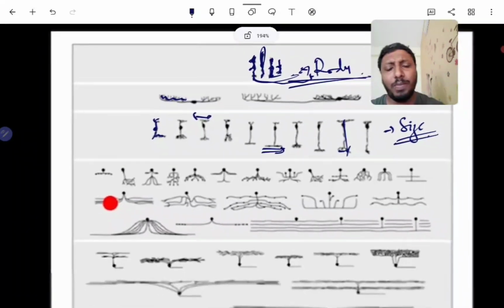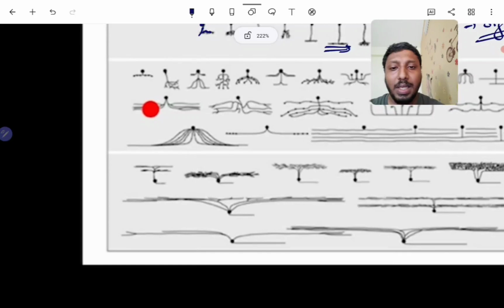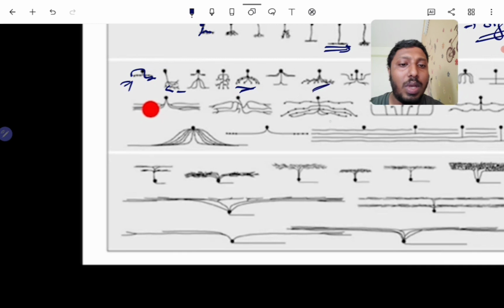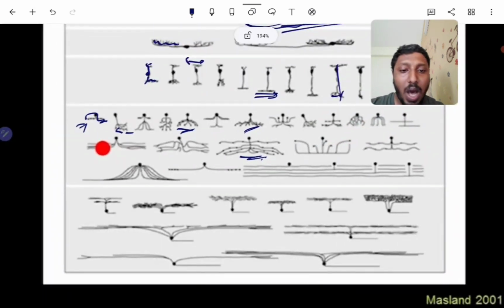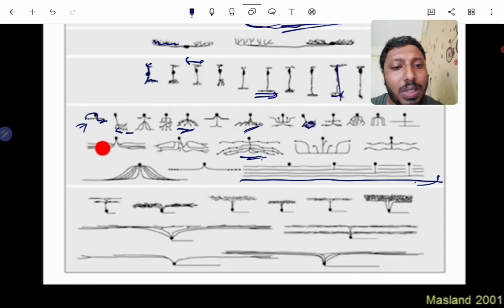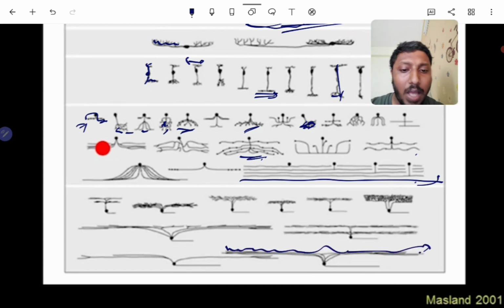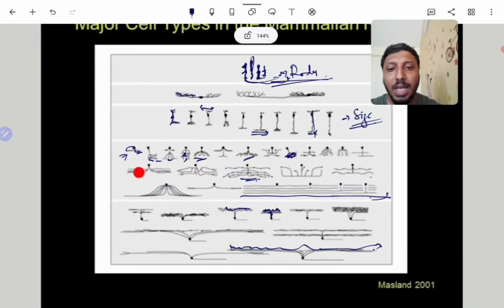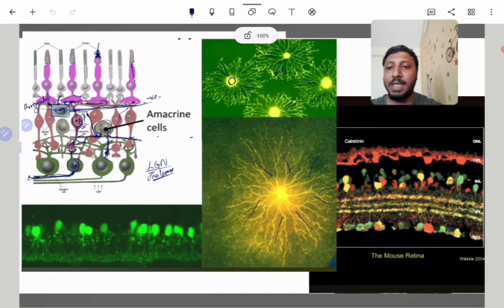There are lots of bipolar cells, and amacrine cells are the next layer that I told. There are also a lot of amacrine cells. Depending upon the function, we can use whichever amacrine cells. Some amacrine cells are connected over large distances. Some amacrine cells are connected over small distances, small inhibition only. And a huge amount of data is calculated using all these kinds of cells. And there are ganglion cells that get information from a lot of area, and there are small ganglion cells that collect information from small areas only. And there are a lot of differences across all these cells. Okay, and all these cells are connected like this. Essentially, this is the pattern.